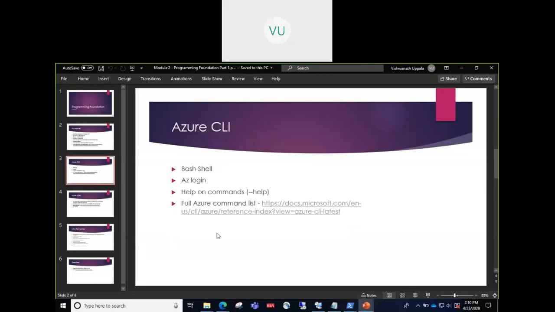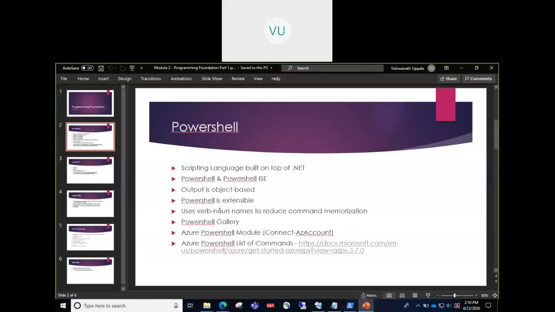Then we went through how the PowerShell commands are structured today and different help options we have. If we are starting our journey on PowerShell today, then how we can learn different commandlets within PowerShell. So that is where the help command becomes very powerful.